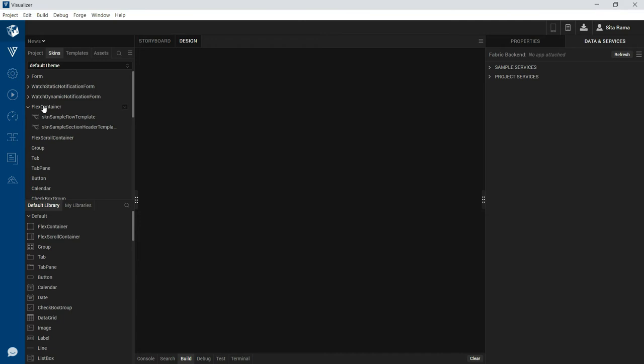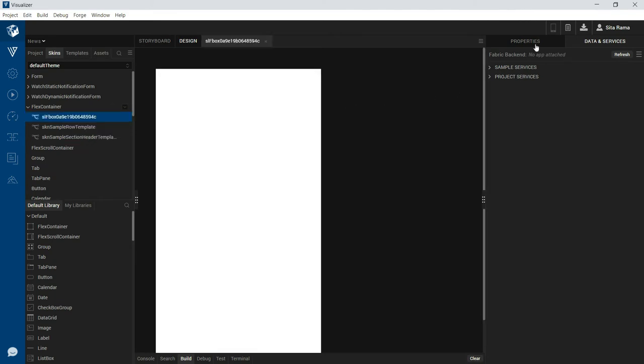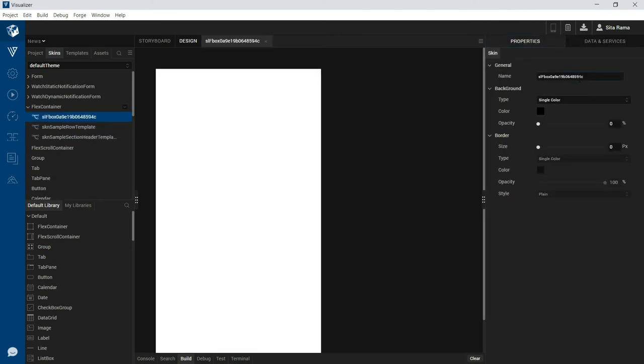So definitely I will be using the Flex container. So I am going to create some skins for the Flex container. Follow an appropriate naming convention for each component that you create as part of your application.